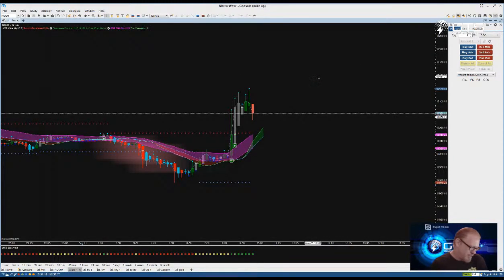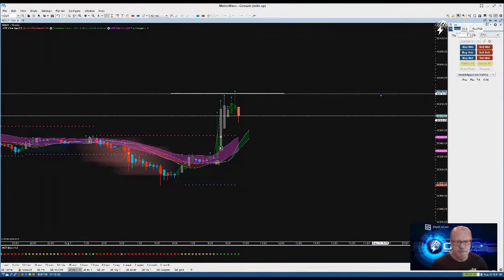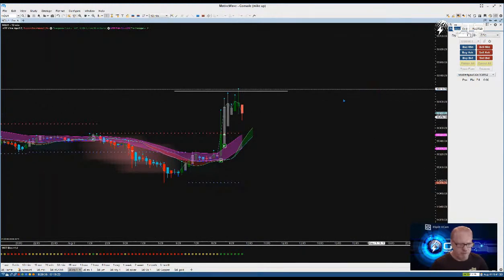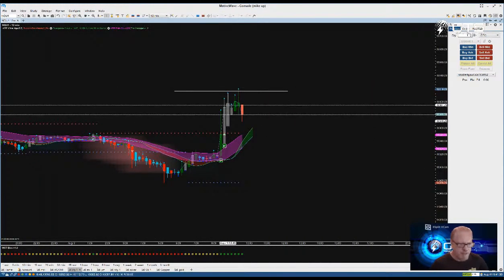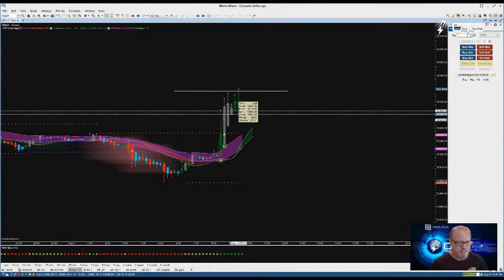What I made yesterday still covers part of that, half that anyway, so I'm good. Really not down that much, to be honest with you. So we are just going to wait for this thing to start trailing back up. Now, we know that we got the higher than average volume. The volume of this candle here is 14,000. Okay, so it's really big volume in this one here, but it's a one candle wonder. Has volume in it to the downside, but I don't think it's going to last.